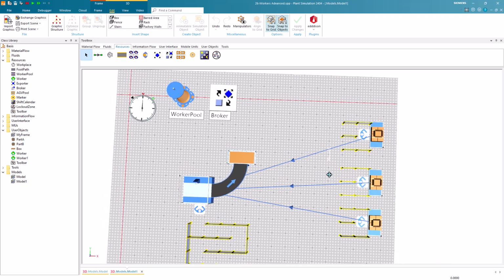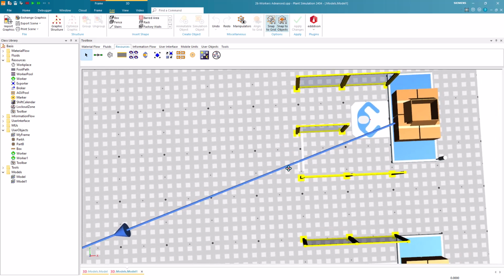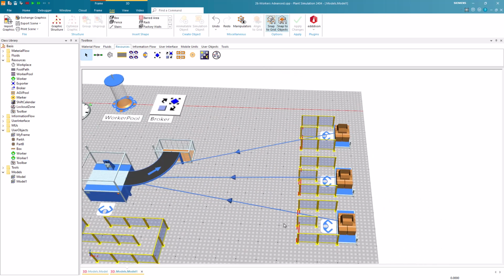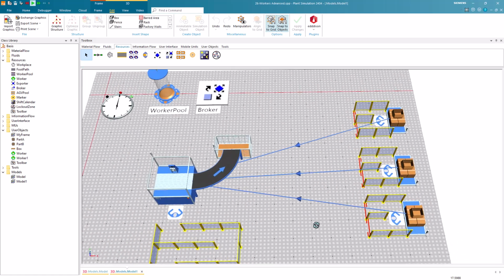We now want the worker to move to the source from the second entry and leave from the first. To achieve this, we place the barred area accordingly. We then can simply copy and paste the area to place a second one. We then repeat this process for the other sources. We can then start the simulation. You will now see that the workers only walk through the second entry and leave through the first one.